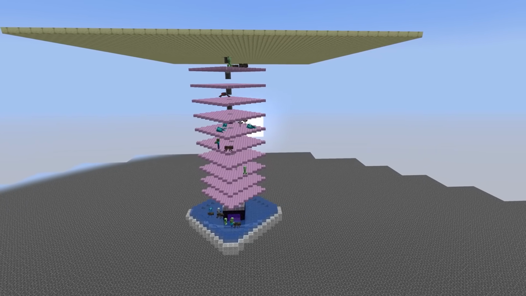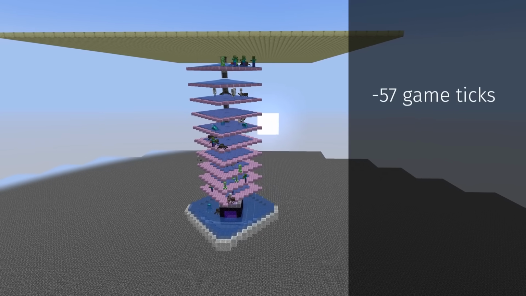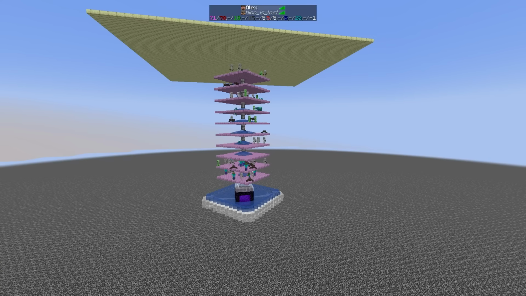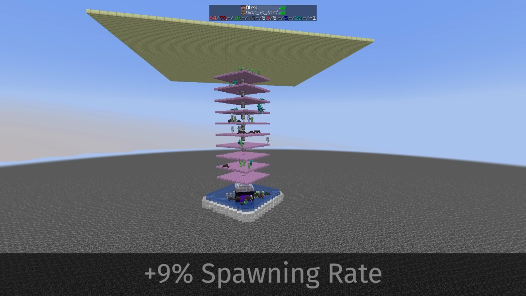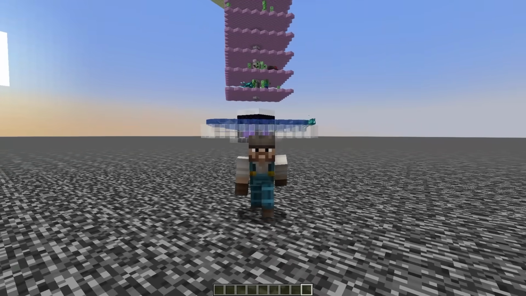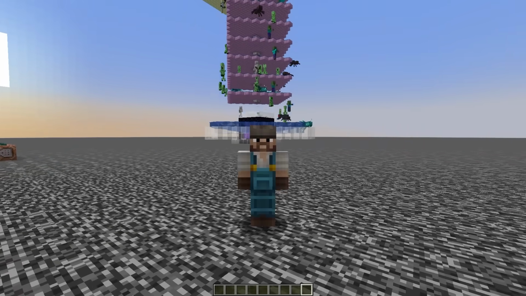The average time to kill here decreases by 57 game ticks, which is a 20% improvement. This arrangement also allows the farm to be lowered further, which then improves the spawning rates and further pushes against the mob cap. The benefit over the drop kill is about 9%, which, while not massive, is a pretty solid gain. But if we want to push further, there's one last thing we need to do, and that's to squish